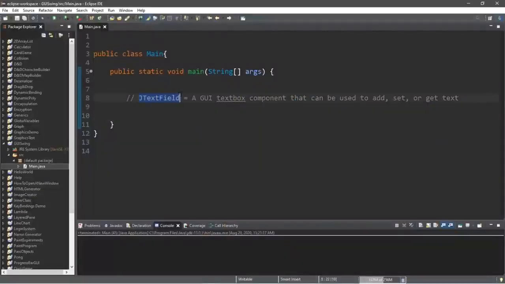Okay everybody, we're going to be creating a JTextField. This is a GUI text box component that can be used to add, set, or get some text. So imagine you're logging into a website and you type in your username and password. Well, those boxes are perfect examples of text boxes. We're also going to create a submit button so that when we enter in a username, we can submit whatever text we enter in. But we're going to implement an action listener, so it's best if we create a new